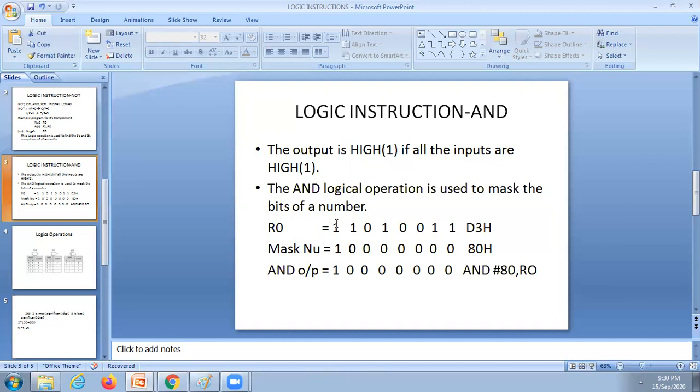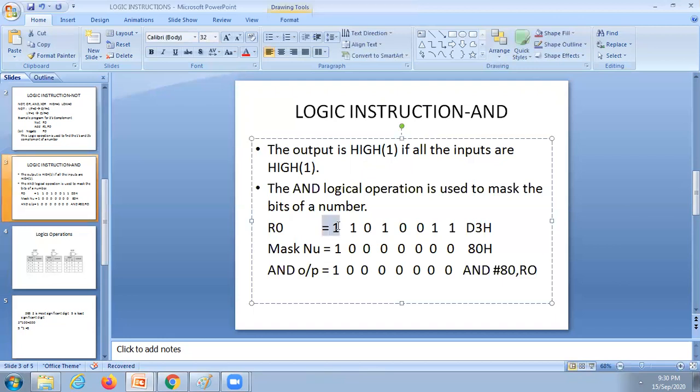In R0, I am particular about only this bit. I don't want the other bits. Why? Because